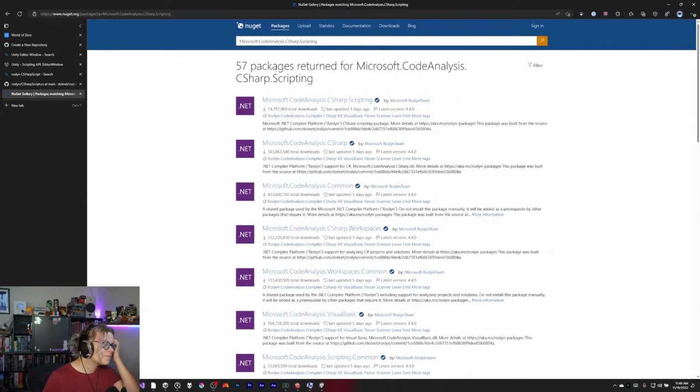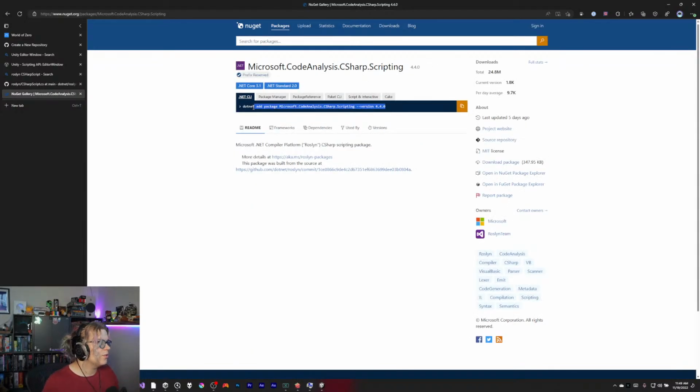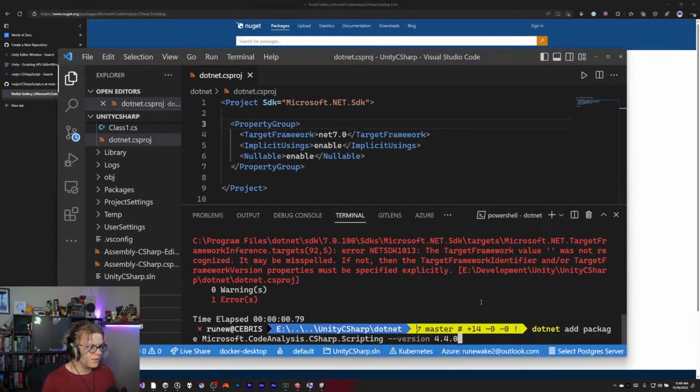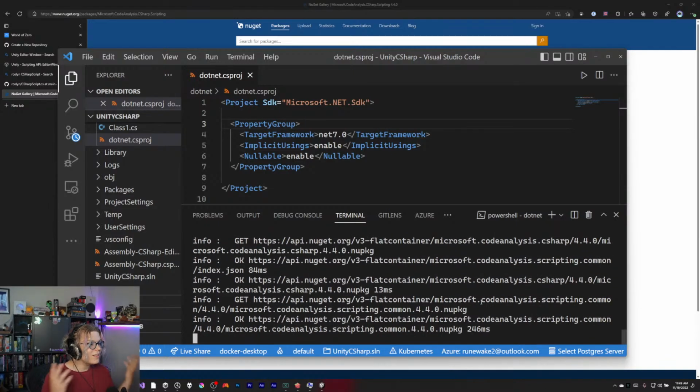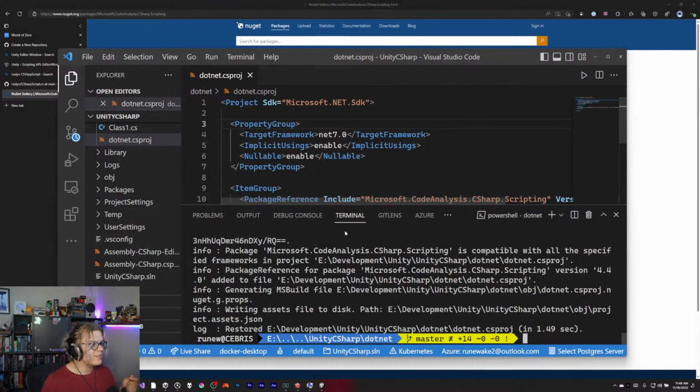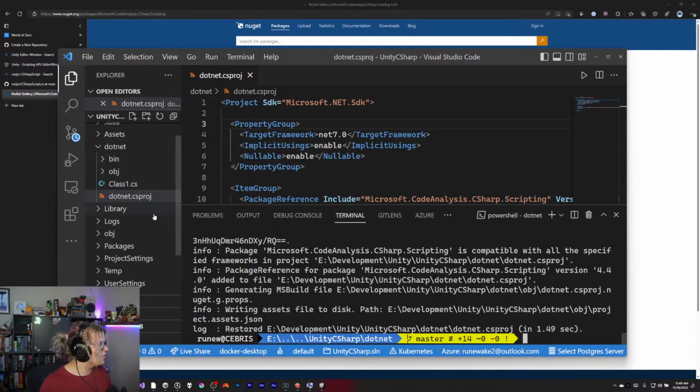All right, so we get our scripting package. So let's go and add that. So basically all I'm doing is pulling down these packages. Unity doesn't support NuGet natively, so this is the best option that I've found in the past. Things are falling apart. To actually make this work, what this does is say go and pull down all this other stuff,